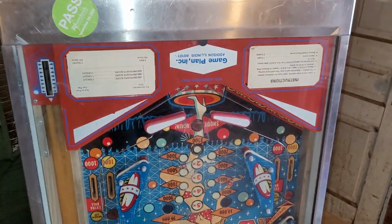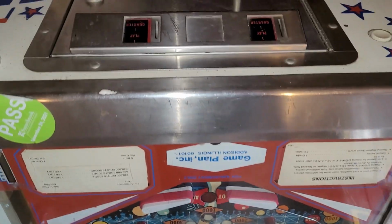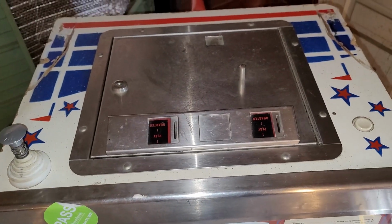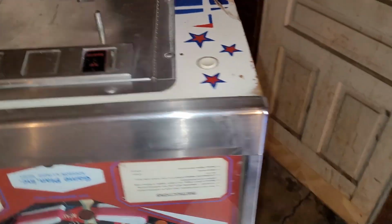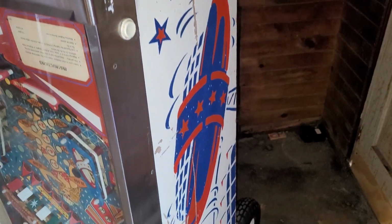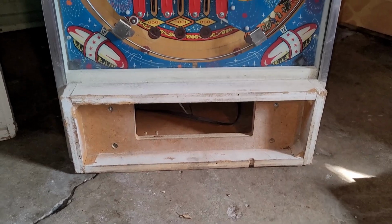But it's pretty cool to check out, like, just the differences. The apron. Here's the front. Coin door. That looks pretty pretty generic, nothing too different or fancy. The neck also looks pretty standard. Okay, well,